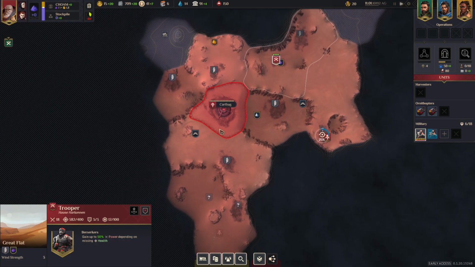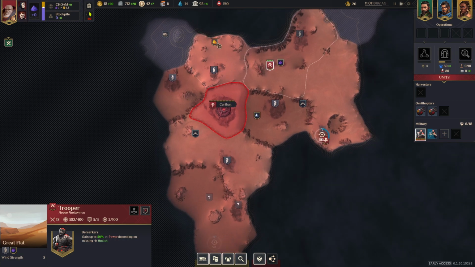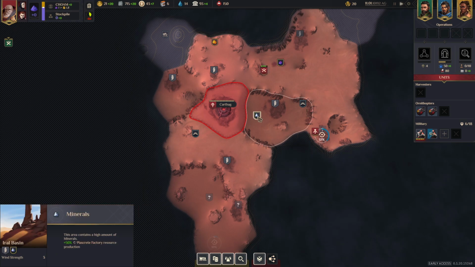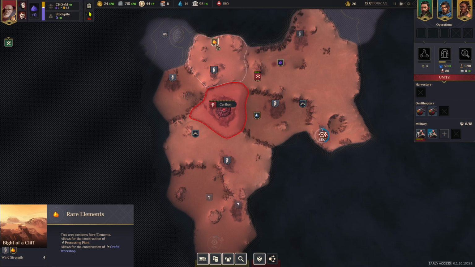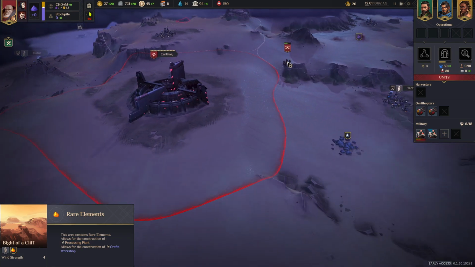All right. So if we zoom out, you can kind of see what we're looking at and what we're working with. So we have these other little points of interest here, other than spice. This one right here is minerals, which basically makes plasticrete more effective. And this one right here basically allows you to make workshops, which makes producing...